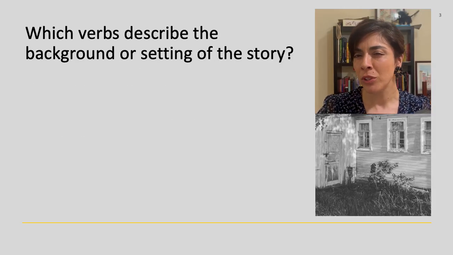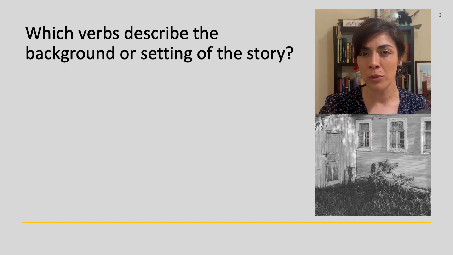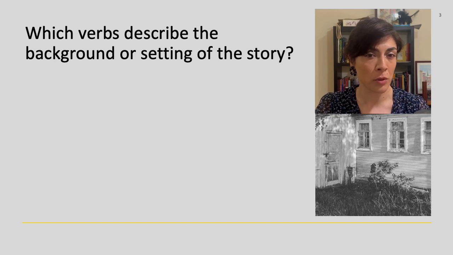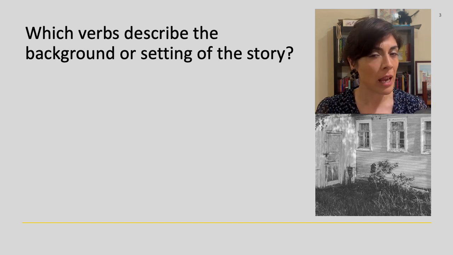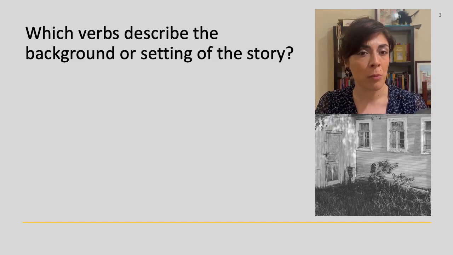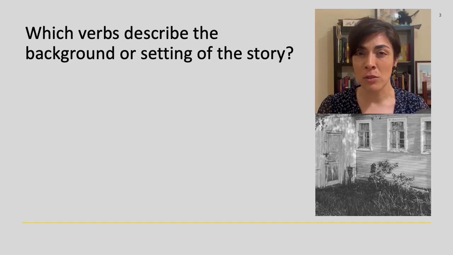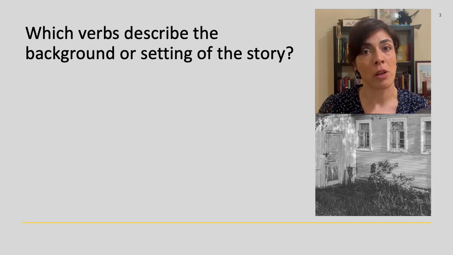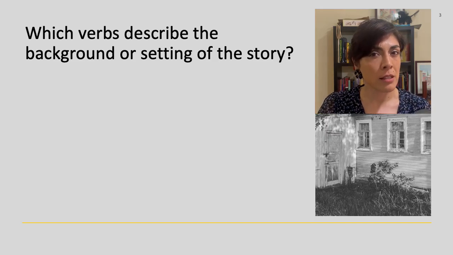Let's think about what you just heard, and now ask yourself, which verbs described the background or setting of the story? Now, here are some instructions. Think again about the atmosphere, the landscape, or descriptions that help you visualize the place. Remember again that in storytelling, these are often expressed using the imperfeito. Now, can you find the English equivalents in the passage? Let's see the text one more time.